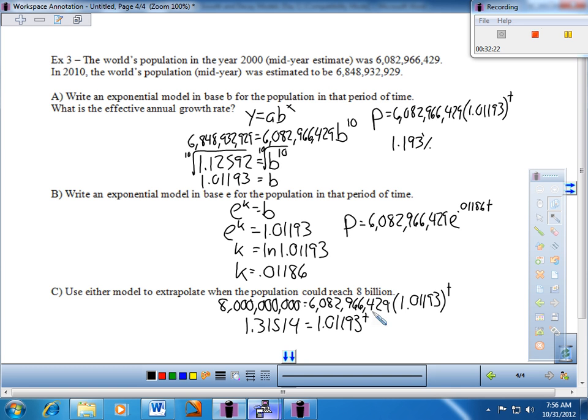Alrighty. Now I'm going to probably have to come over here a little bit. So hopefully you have a little more room on your paper. But the question, of course, now arises, how am I going to solve for this variable? I think we're just about a step away here to pull this off. And everybody, I think we're going to want to roll this on over to the other side. So get it ready. Roll it on over. And when you roll that on over, as I said, good things are going to happen. The t is free as can be. And I should get a logarithm with now that base. Again, when it rolls over, it becomes the base of the logarithm, base 1.01193 of